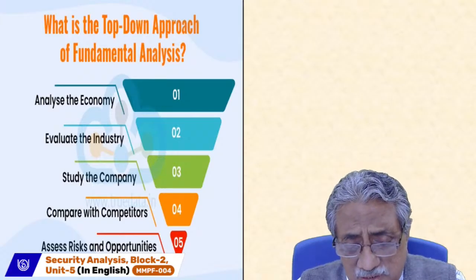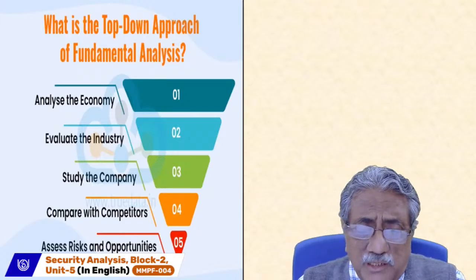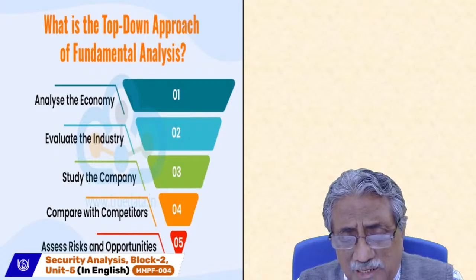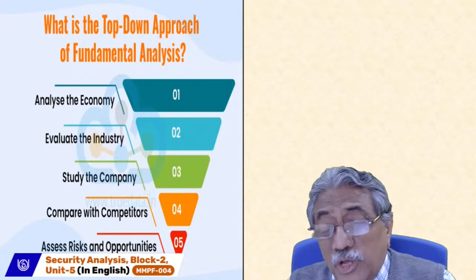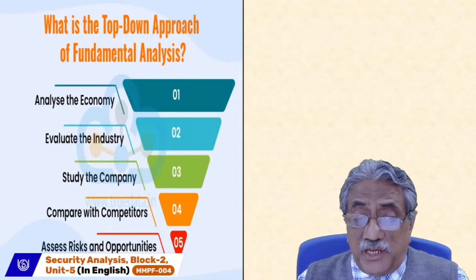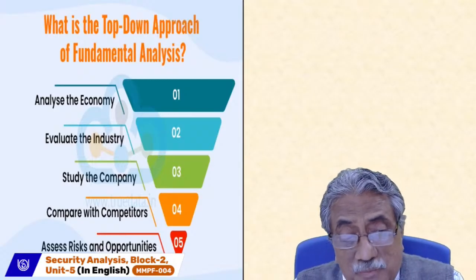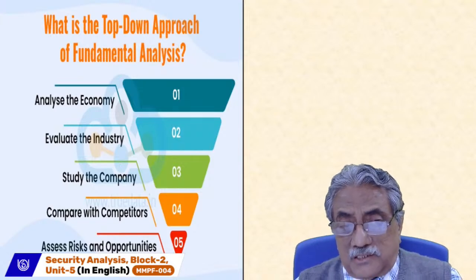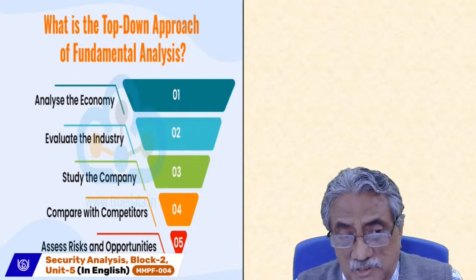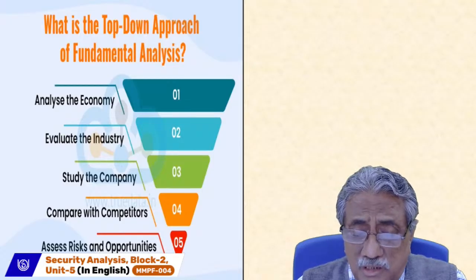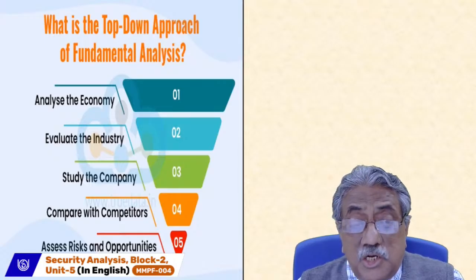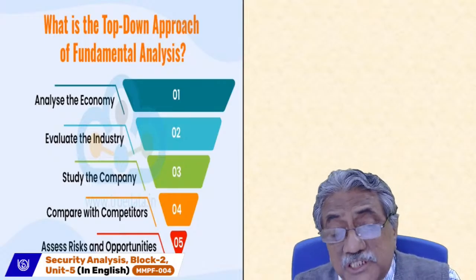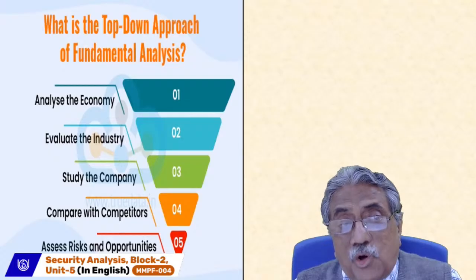There is management, there is efficiency. I told you earlier, whether the management is good or bad. There is efficiency, whether they are running it well or not. Are they growing or not? Are they innovating or not? Etc. And what are the risks in this company? Are they not developing new products, or not doing research, or not trying to increase the efficiency of their solar module? All of this is how I do the analysis in the top-down approach.